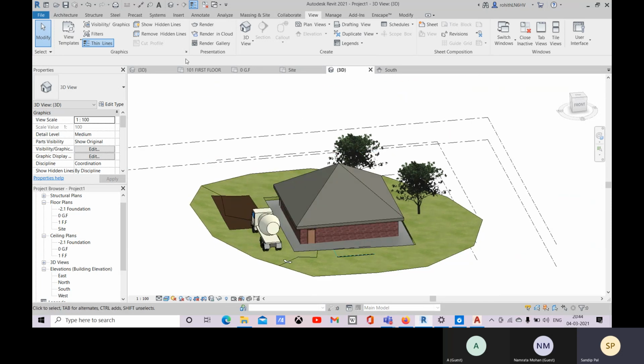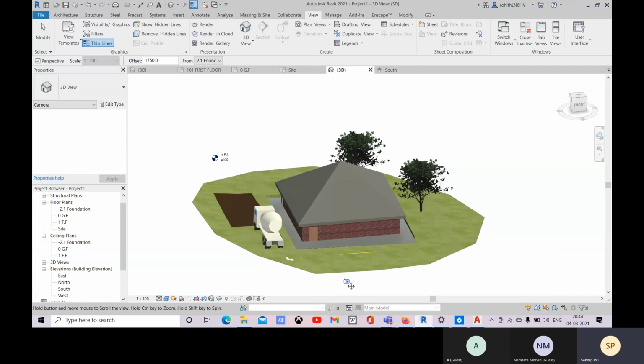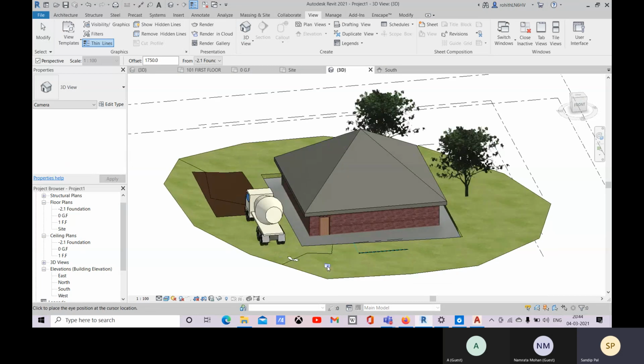And now let me just show you how you can place your camera so that you create one perfect angle view. Architects always create one camera, and accordingly they create their own perspective views.